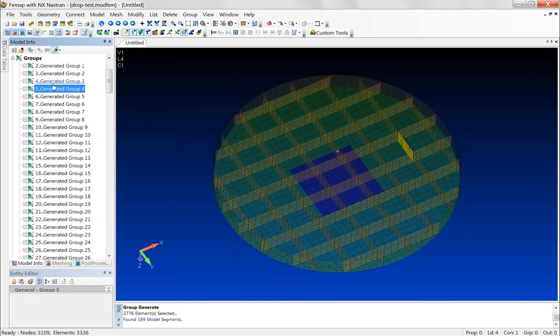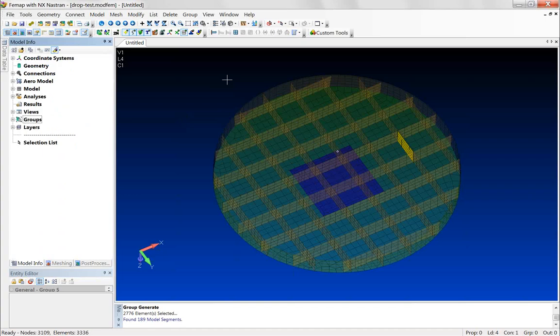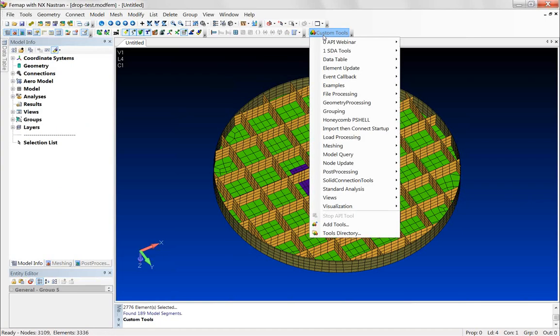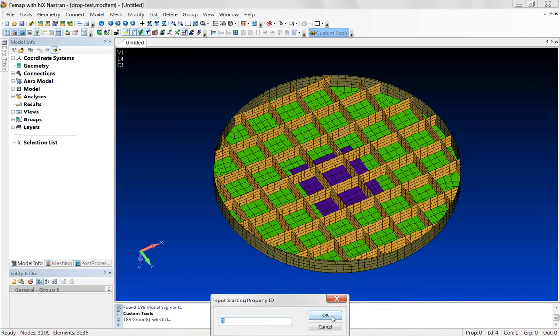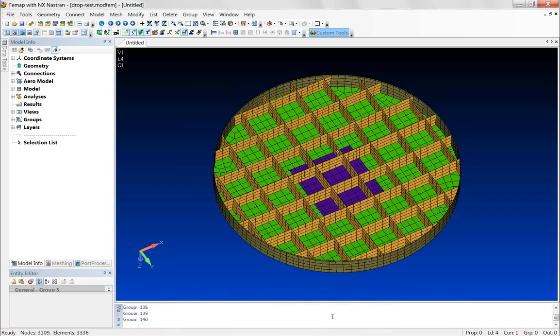And the goal of the API that I want to demonstrate is to generate and assign new properties to the elements in this group, all in one click, all for 189 different groups all at once. So I'm going to do that. I've got the API script set up here under my custom tools drop-down menu, and I've called it auto assign properties. So I'm going to run this. I'm going to select, it takes as input all the groups that I created, hit OK, and then it just wants a starting property ID. We'll call it 100. And just like that,